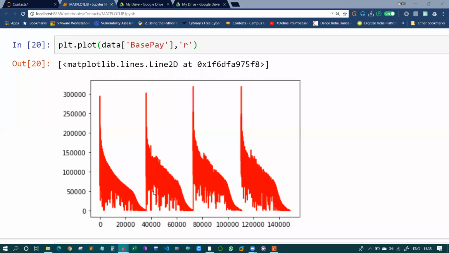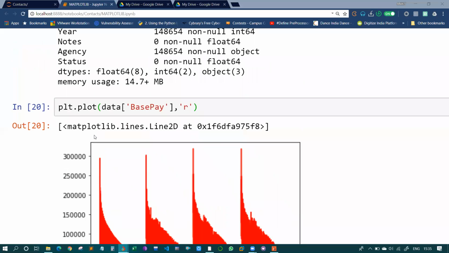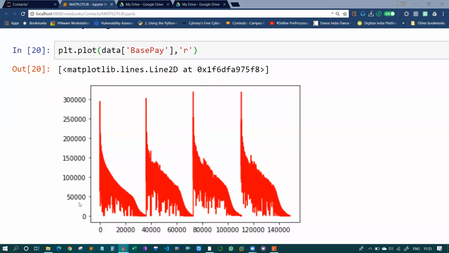Fine. So basically on the y-axis is your complete data's count. Like we have 1,48,000 data, so it goes like 20,000, 40,000, up to 1,48K. And on the y-axis, whatever amount of data was present. Suppose some column has a maximum value of 3 lakhs, so the values are shown over here. And on the x-axis we are getting the count, so here you can see 1,48,000 data.